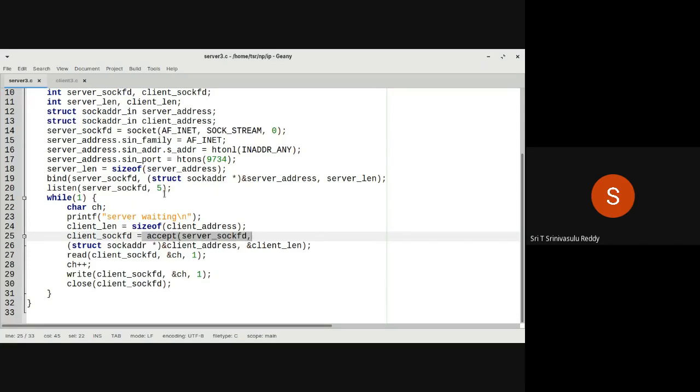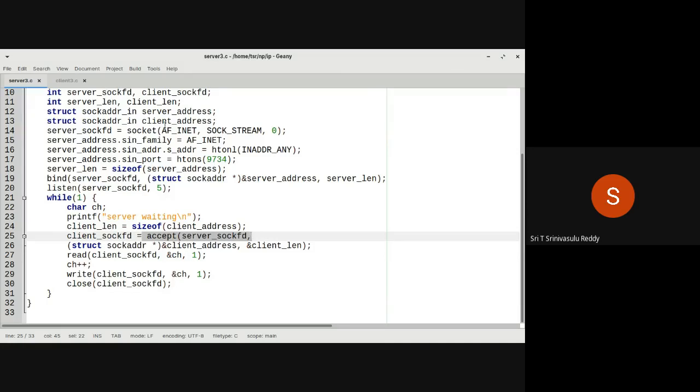As many as 5 requests might be there in the queue. If more than that come, then it is going to drop them. So those issues are there. For that, what people normally do is fork a new process, so that the main process is busy accepting connections, and the child process is going to actually serve the client.